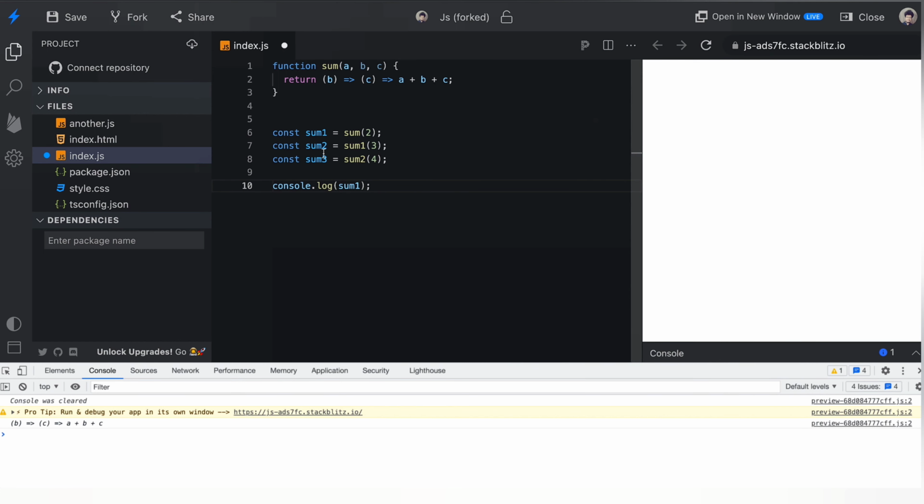Okay, now when we use that function to assign this variable, in that case it will provide us this much. Let me show you. You can see here, now we get this inner function. Okay, now again we use this function to assign the value to sum3, and in that case it will provide us the end result, that is a plus b plus c.